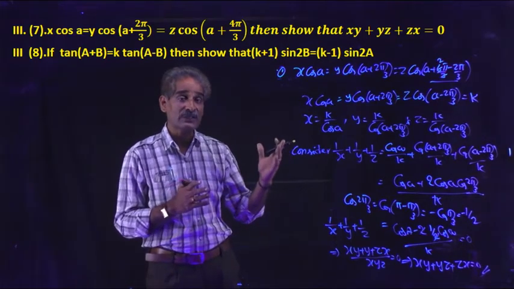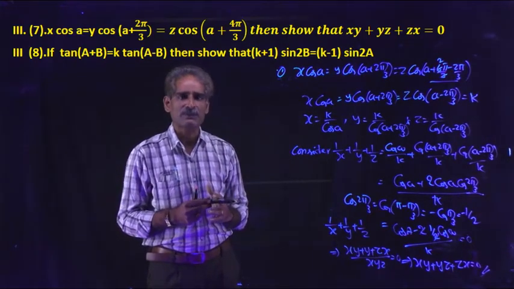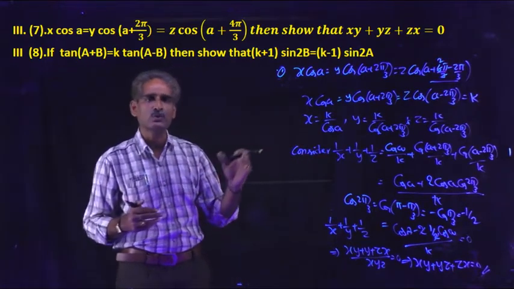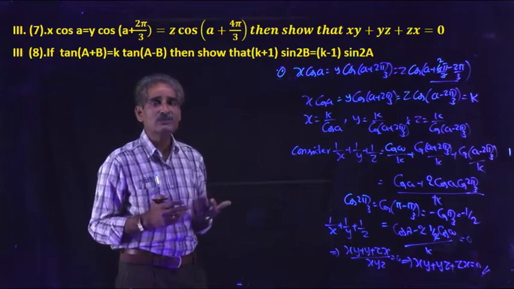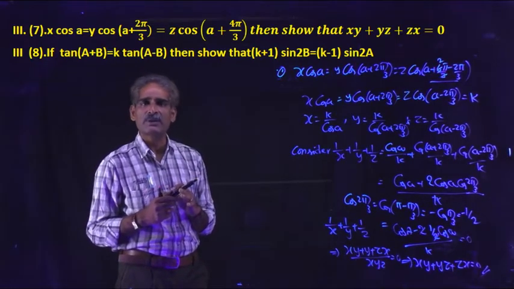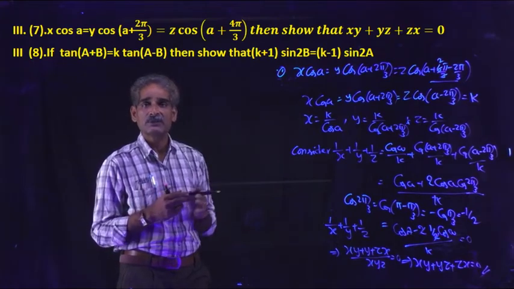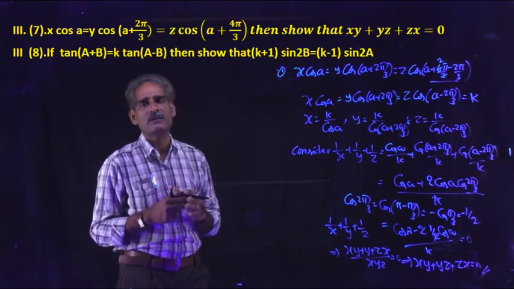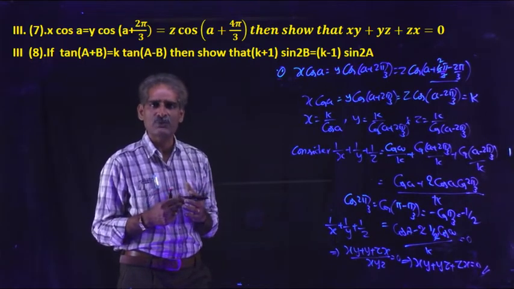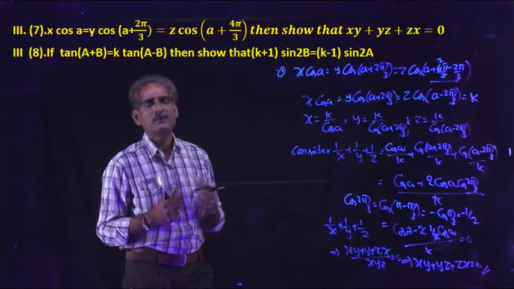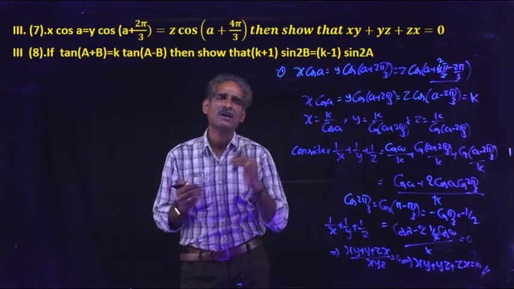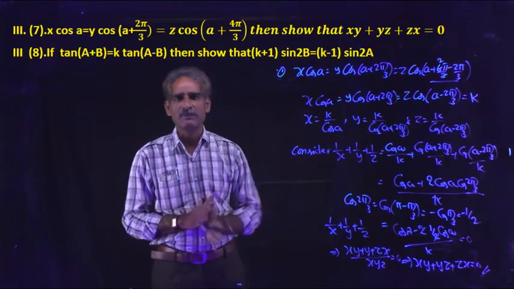Because the options are in terms of some numerical values, suppose xy plus yz plus zx is equal to dash, and the options are 1, 2, 0, minus 2, like that. Then what is your observation? The expression of xy plus yz plus zx does not depend upon a, because they are giving a numerical value. So you can take any value in place of a. Simply take a equal 0, then we will get the relation between x, y, z. So by the direct method we can find out xy plus yz plus zx. That is the objective method. Okay, this is the IB method.